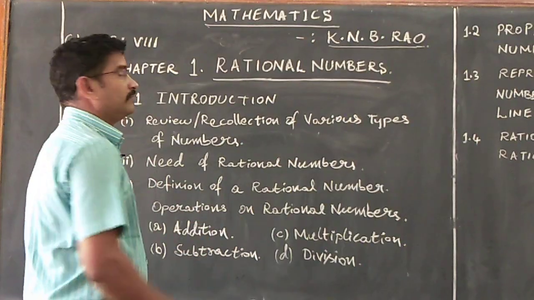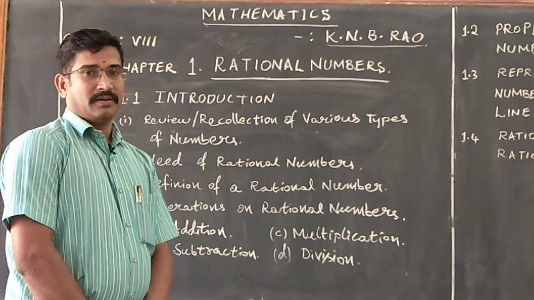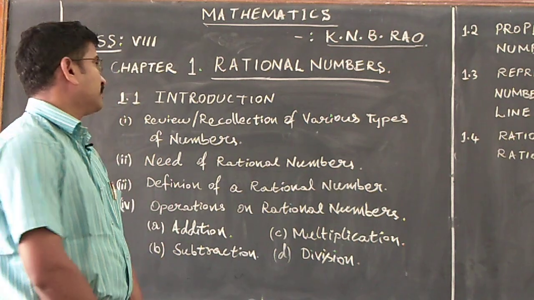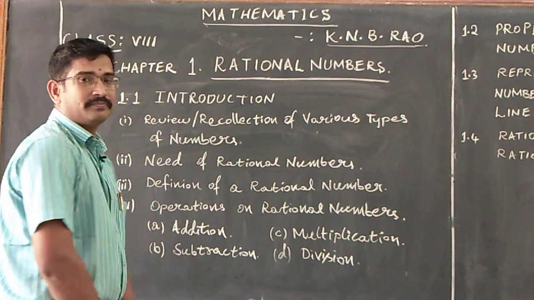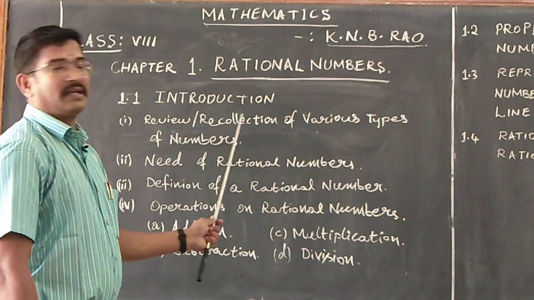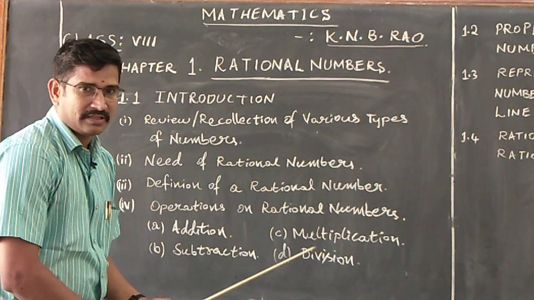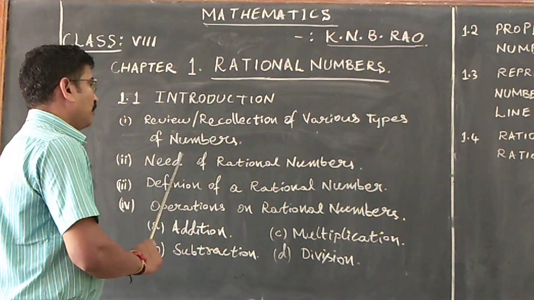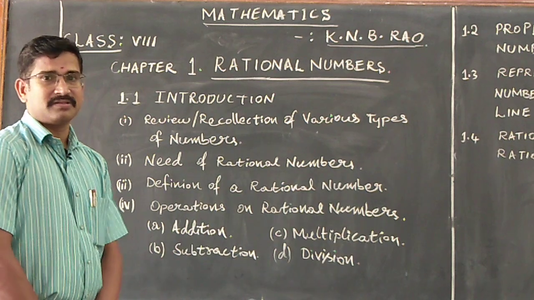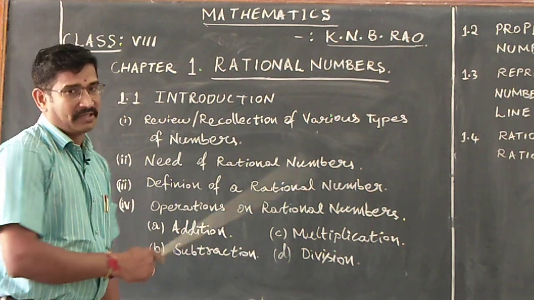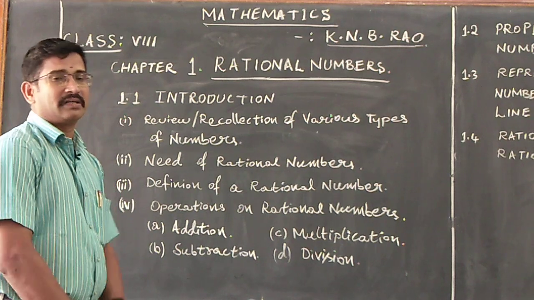Children, we are going to learn in this rational numbers mainly 4 headings. Under 4 headings, first, introduction. In introduction, we have got review or recollection of various types of numbers that we have learnt in our previous classes. Next, we will be learning need of rational numbers. Next, we will be revisiting, since we have learnt already rational numbers